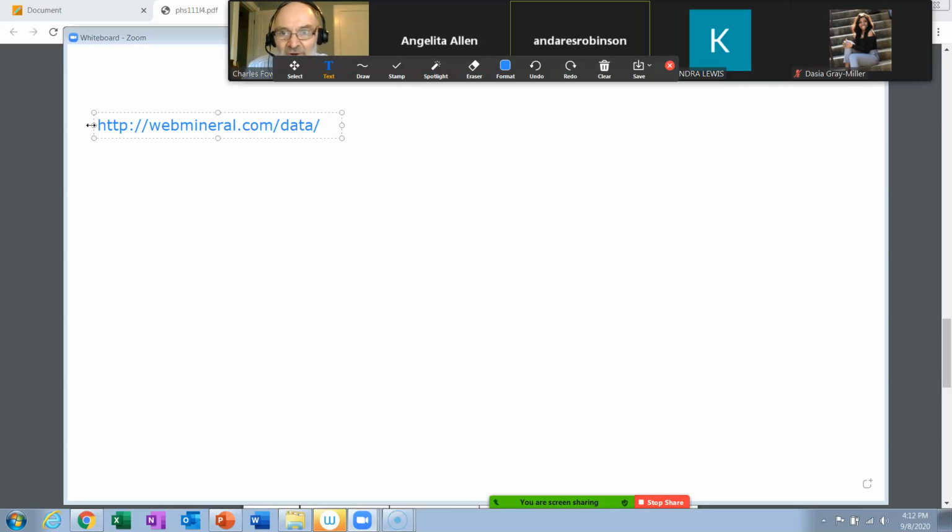The first one listed on your sheet is calcite. Now, I'm going to stretch this out a little bit so that it makes more sense. There it is. There's the website to go to. You're not going to find them all there, but you will find most of them at this website. That's the best place to begin. Calcite's the first mineral. There you have it.